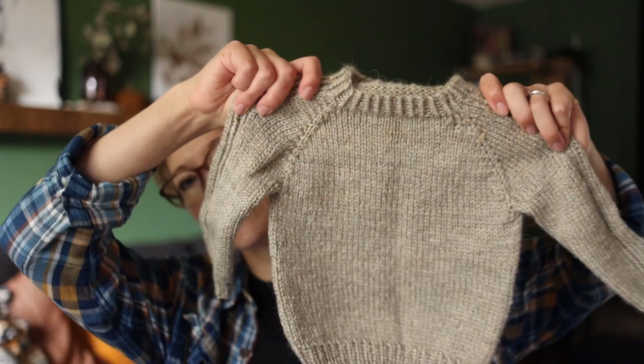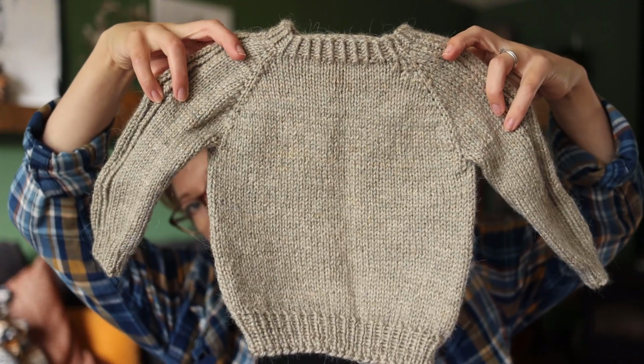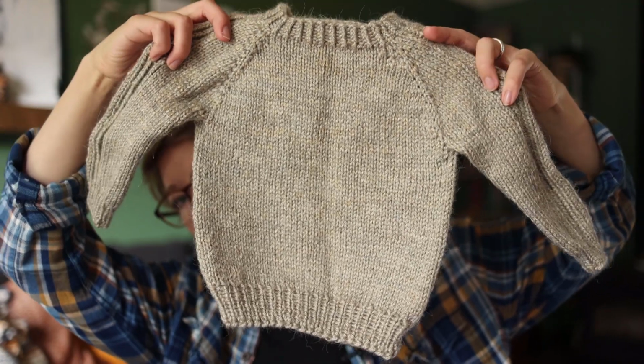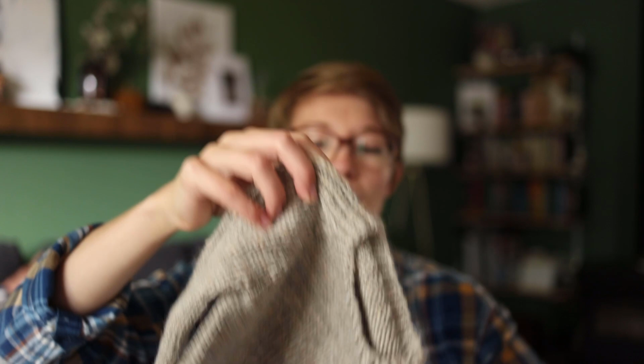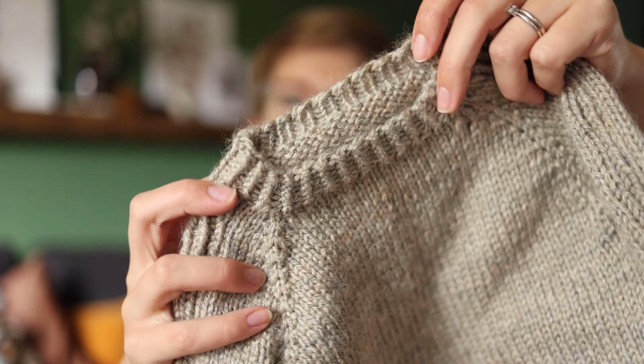is a baby sweater. Ta-da! So this is for somebody I know who is pregnant. They're expecting a little boy. I was going to bring it to them, but I've decided to wait, and I'm going to give it to my sister to take to their baby shower. But yeah, this is using Maxim Woodlands, which is a 90-10 acrylic alpaca blend, and this is just using the